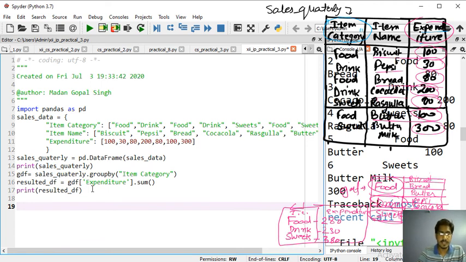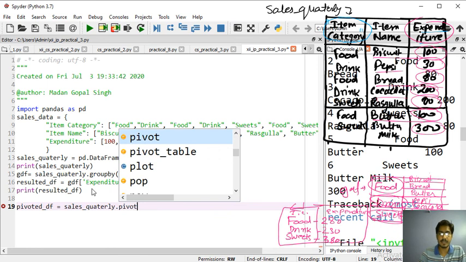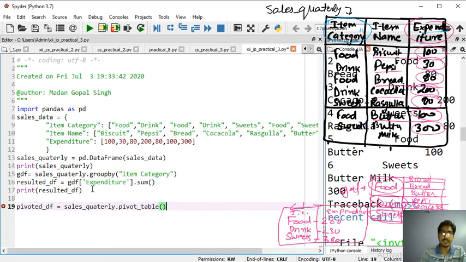So what we will do, let's suppose pivoted data frame. What you can do is sales_quarterly.pivot_table method. If you know this pivot_table method, then only you will be able to do this.